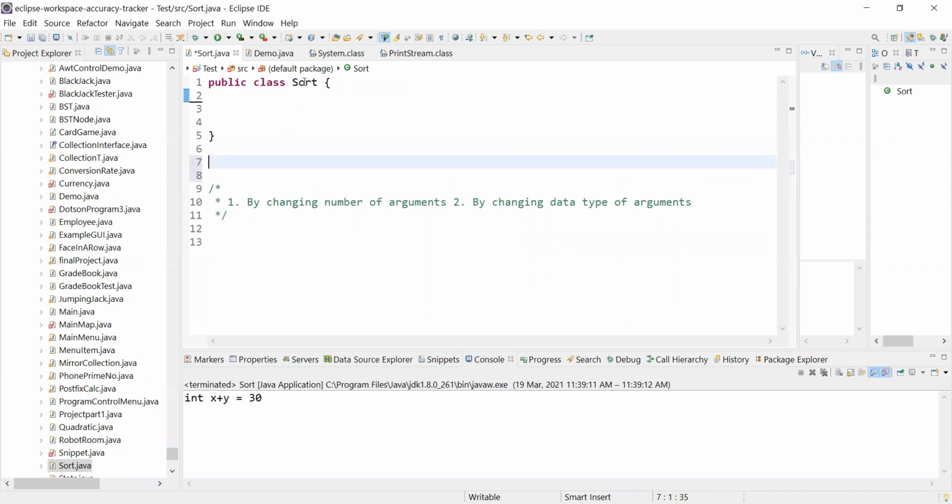We have a class called Notification, for example.